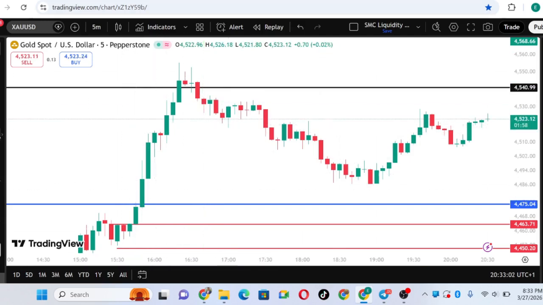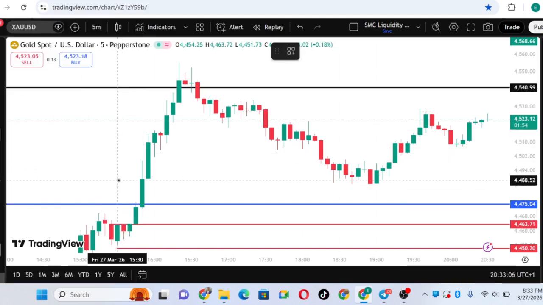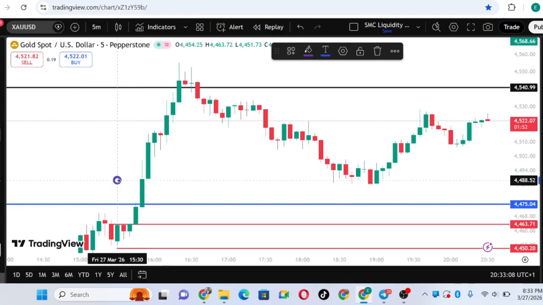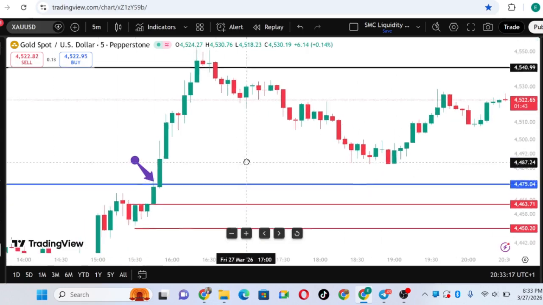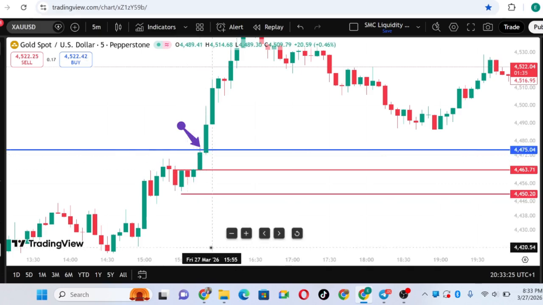The first trap was this place, this area. You see this particular area here. You see this area. This was the first trap. Good. That was the first trap for those of you that trade liquidity sweep. Now, because the market had actually swept liquidity on the Asian high, some people would have entered sell.